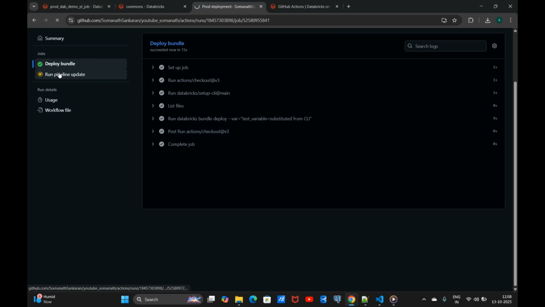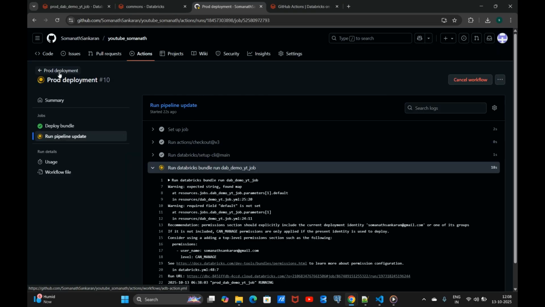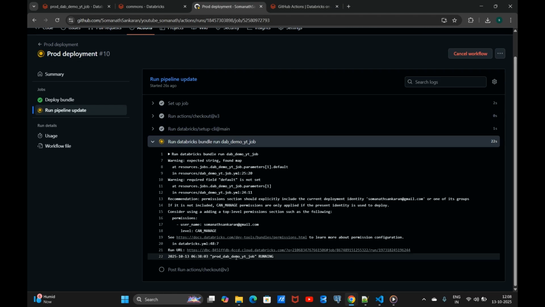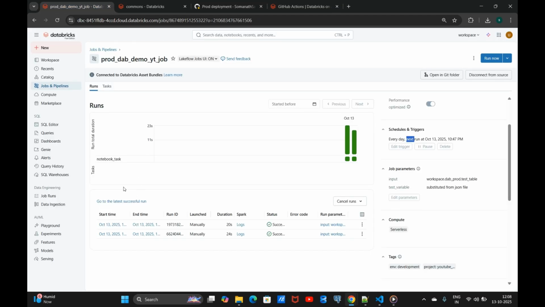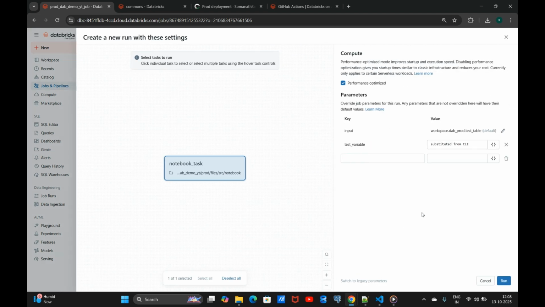The second job basically will run the Databricks demo YouTube. Now, if you see here, it has triggered this job. If you go here, you will see one more run. This run comes from basically your GitHub action. One more way to check that is if you see here,